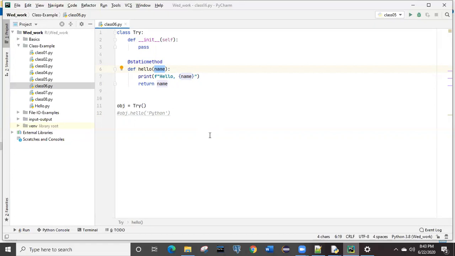Whenever you are calling this hello method, it will print hello with the name. This syntax we have already seen in examples 1 and 2, right? The argument, whatever you are passing, the same thing it will print and it will return the name.